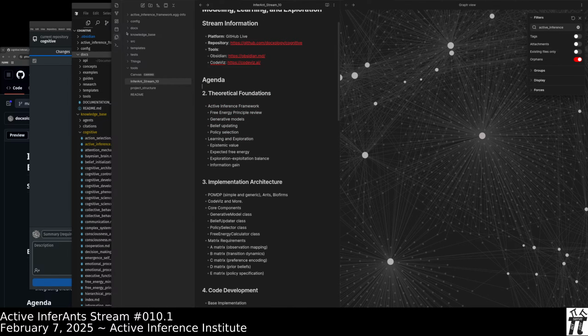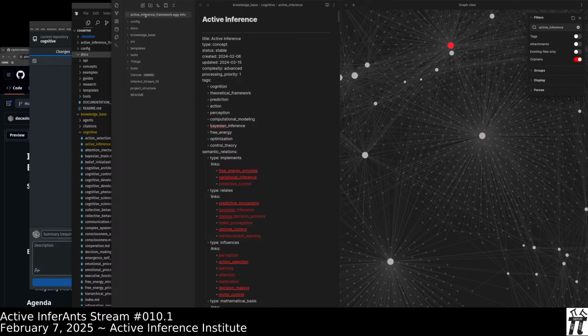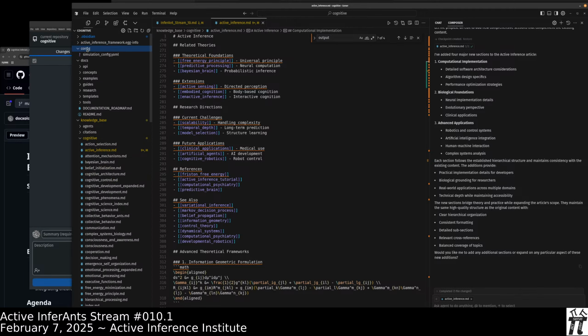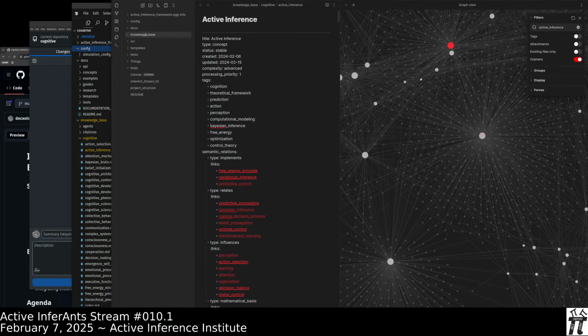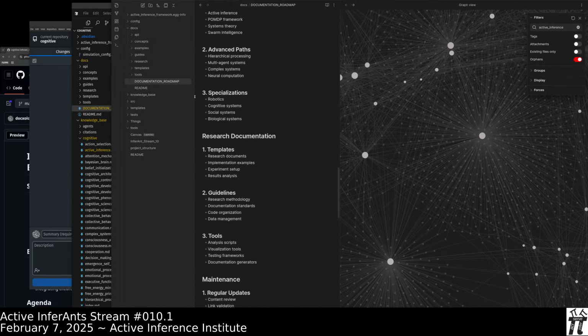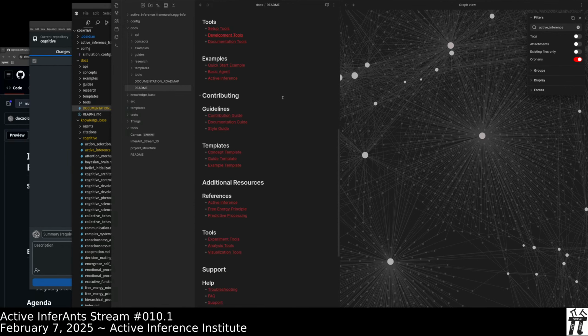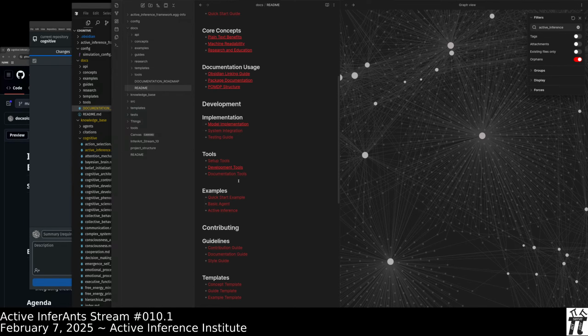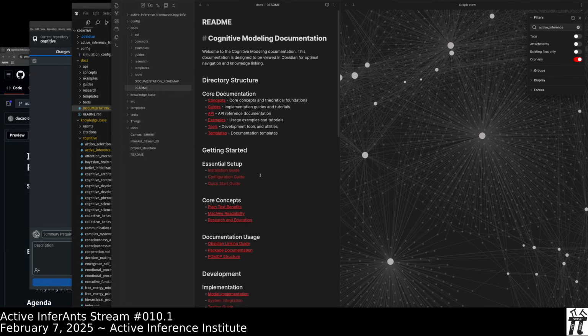First into the repo. This config folder looks empty. Could have been, it's a simulation config. We'll leave it there for now. Maybe it's not even important. Okay, here's a documentation roadmap. Here it is in Cursor. Here's documentation in Obsidian and a README for the documentation. Some of this might seem like overkill. However, as long as it's accurate and gives linking valid structure, this is incredibly effective with Cursor and Composer.